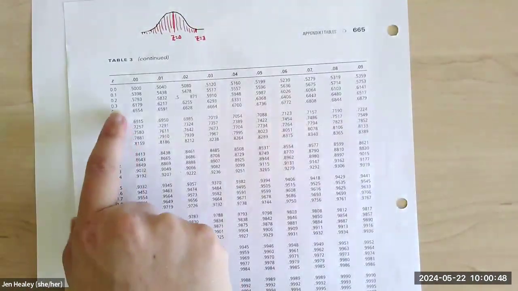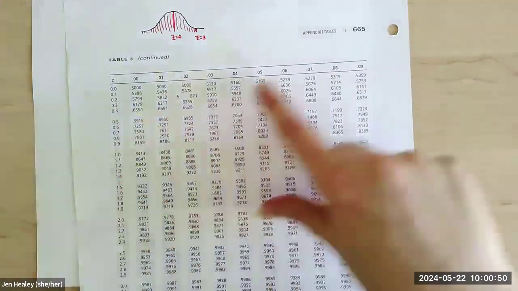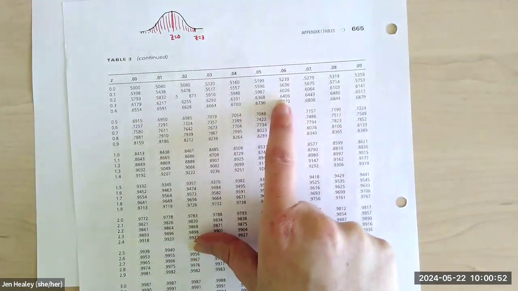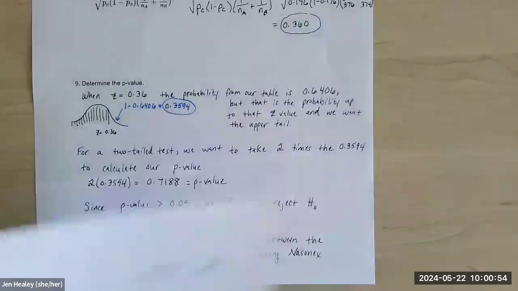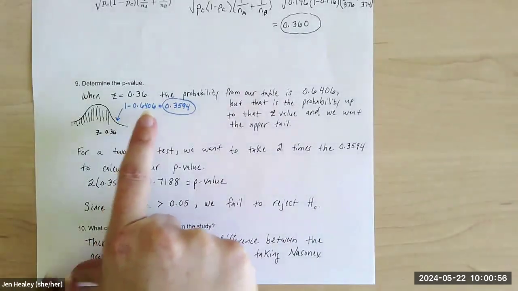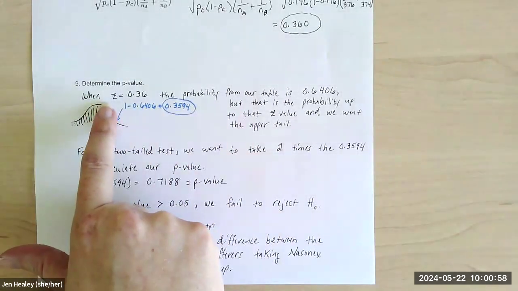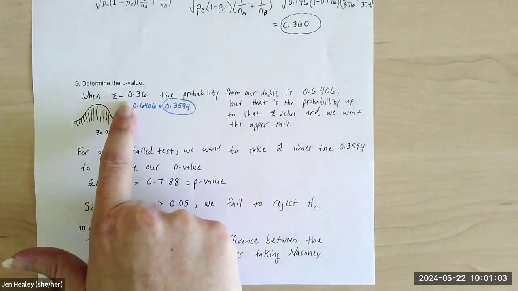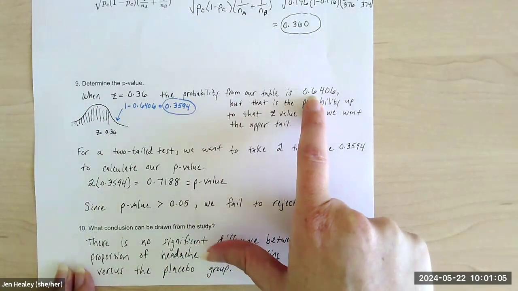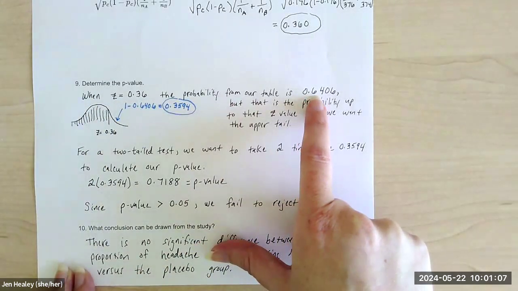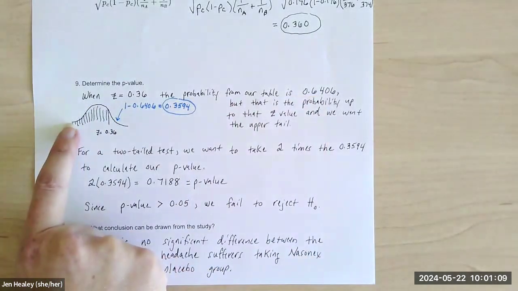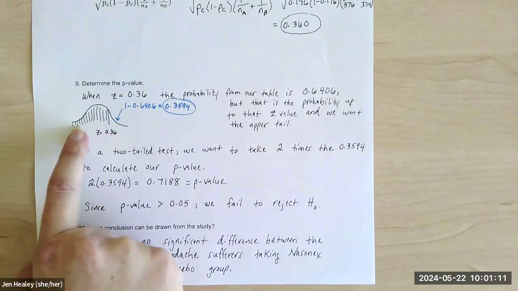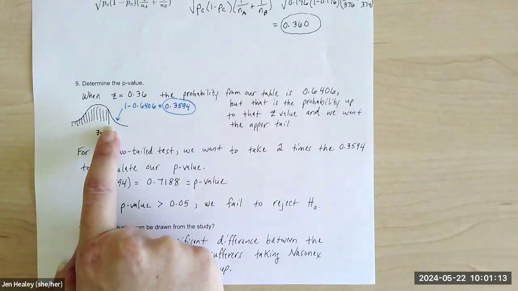0.36 on this one, 0.3 is here, the 6 is here. So 0.6406 is the number that I'm getting from the table. So when I had posted these solutions online, I said, when z is 0.36, the probability from our table is 0.6406. The table that I'm using gives us the value all the way under the curve up to that z-score,